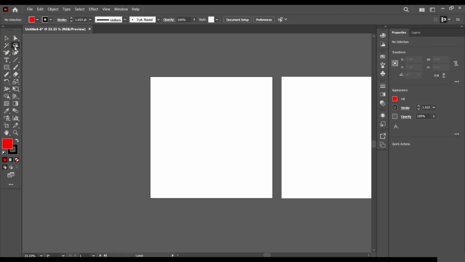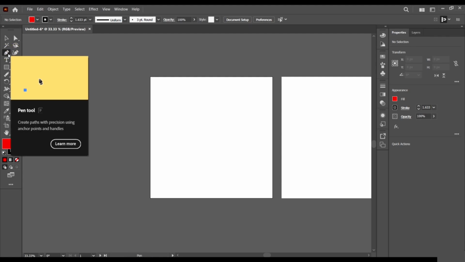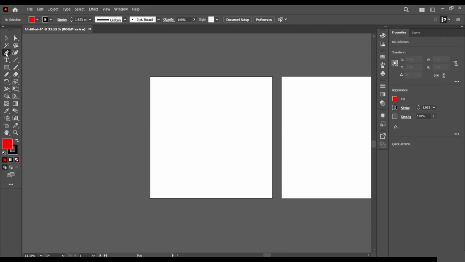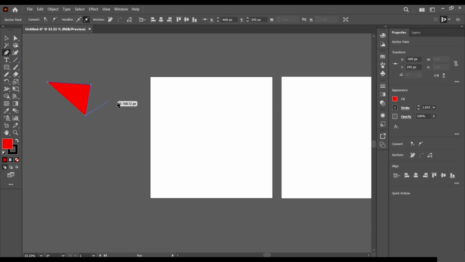Now we have other tools. We are not going to go through all of them in this video. Okay, there are too many tools, and we're just going to go through the important ones. And of course, as we advance in the course, we are going to look at quite a lot of them. And if you want to learn how to use all the tools in detail, you can check out the basic course on Adobe Illustrator.